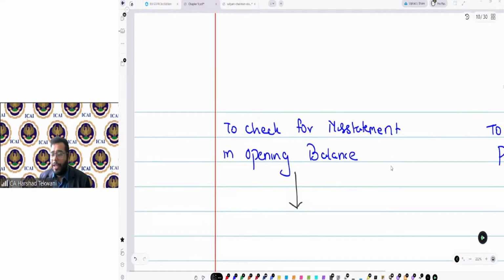First step: how will you ensure that the opening balances you are looking at are appropriate, the ones that were the closing last year?